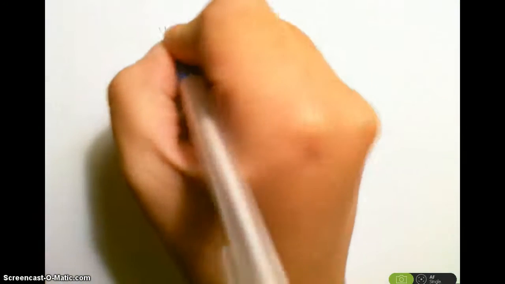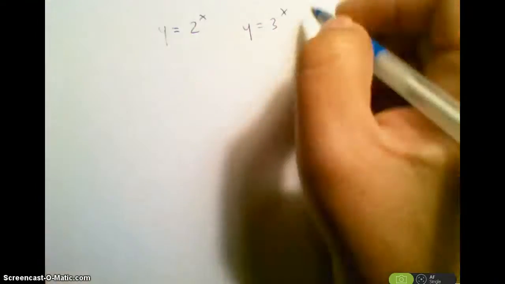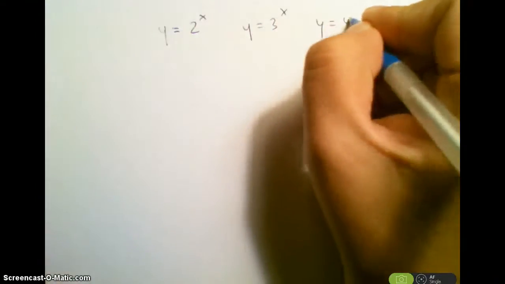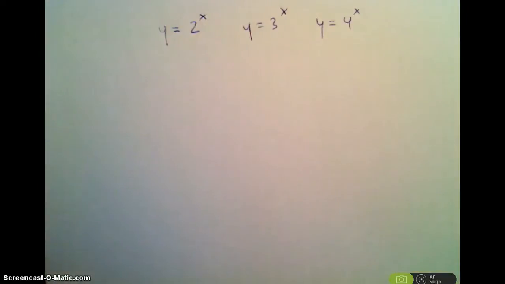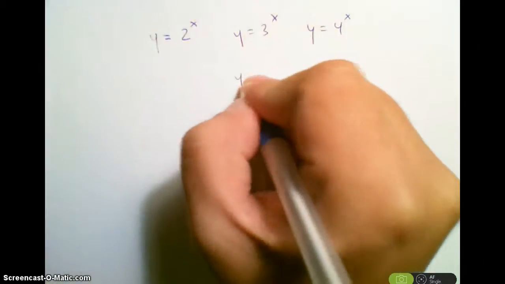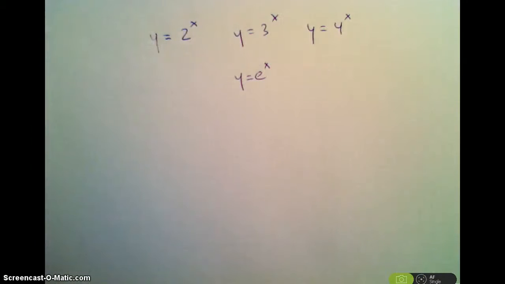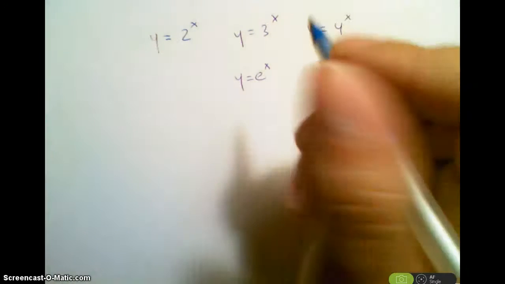So we just saw that for population growth or decay, we're gonna use exponential models. Now, we could use base 2, we could use base 3, we could use base 4, we could use base whatever you want for exponential models. However, it is more convenient to use base e, and it's because we're gonna be studying the growth rate of